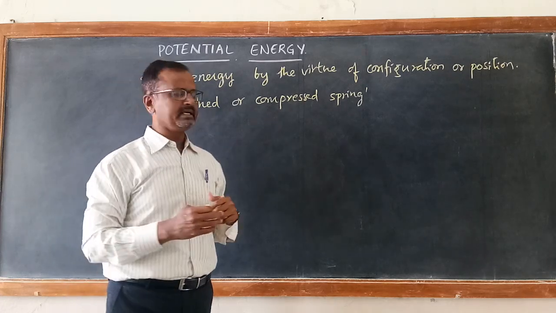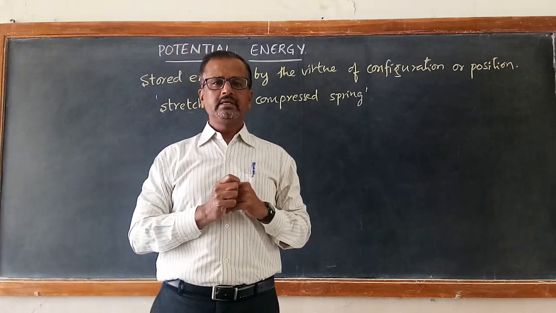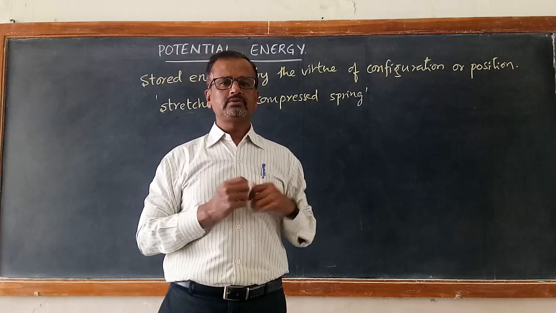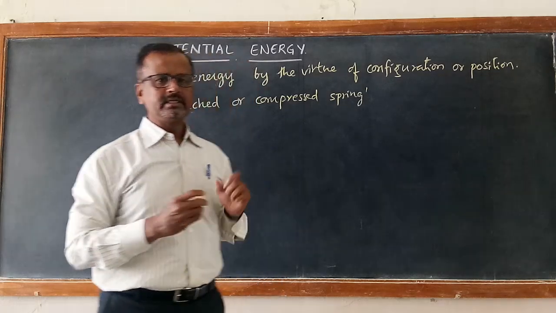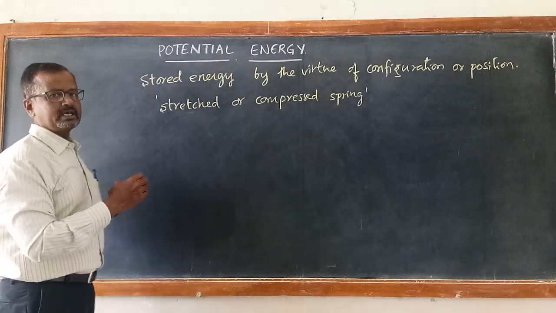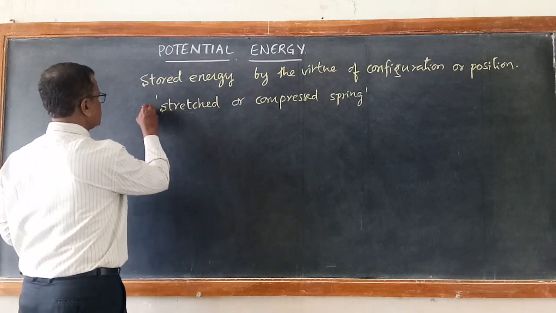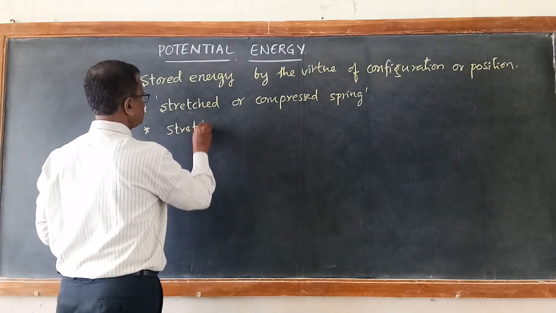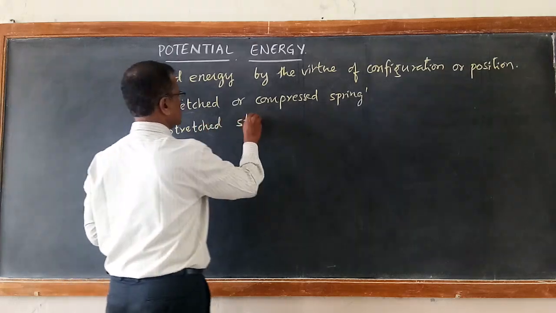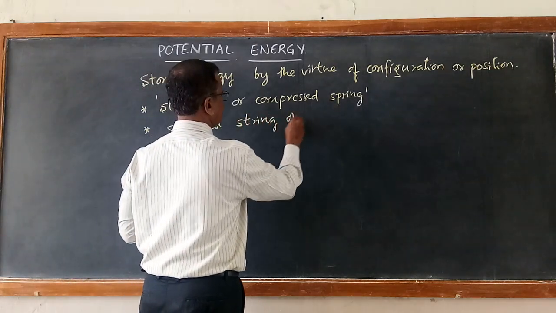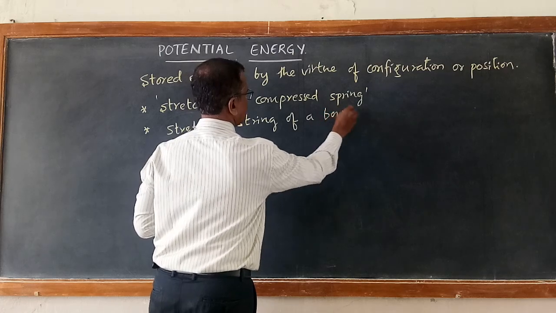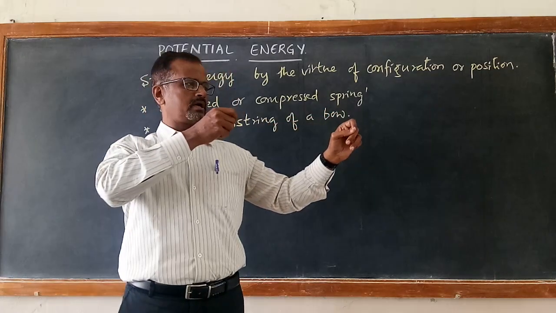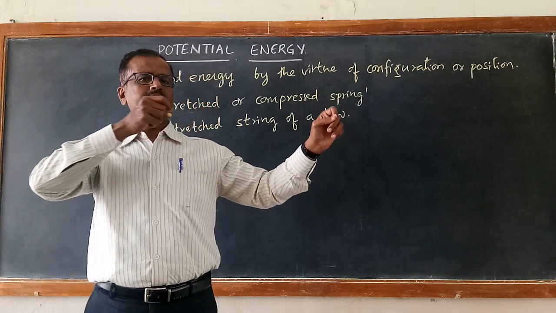The moment you release this compressed spring, it jumps. Yes, it is capable of doing work. So, it is called potential energy. In the same way, the stretched string of a bow. When you take an arrow and stretch the string by keeping the arrow,